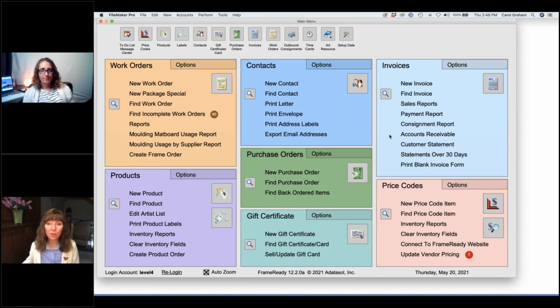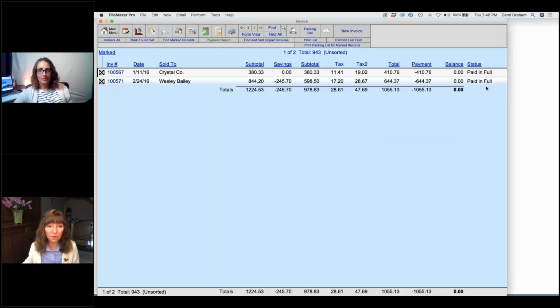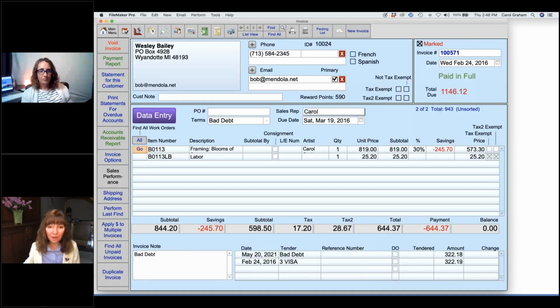Right. So now you need to go back in and recreate that invoice. And here's the tricky part. That's a great question. Let's go back into the invoice screen, because I've got two of them in here, and I think one of them was a partial payment. Yeah, so they had paid for part of it. This was a year ago, whatever it was. So now that they're coming back in and they want to pay for it, I think I'm going to suggest that you make up a new invoice, where you put in the item that they've purchased. You're going to put in the